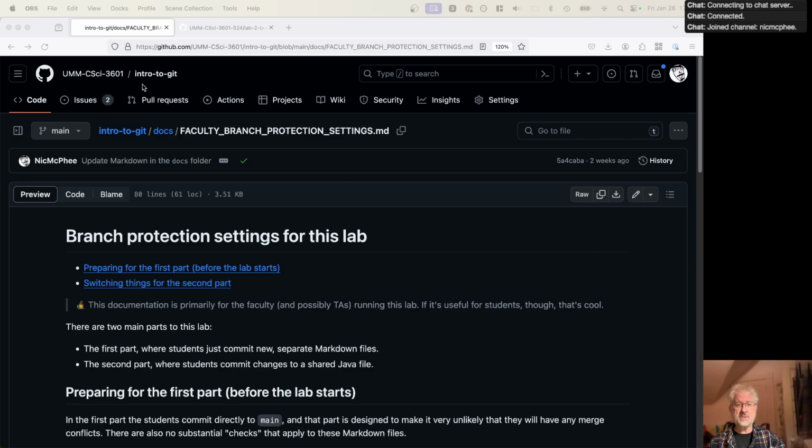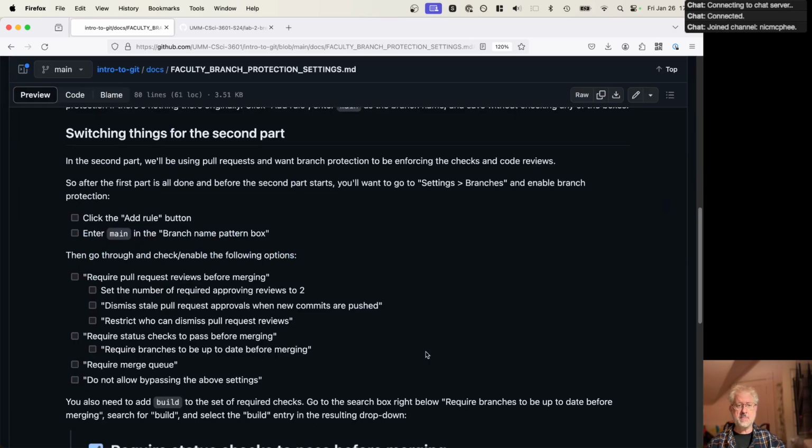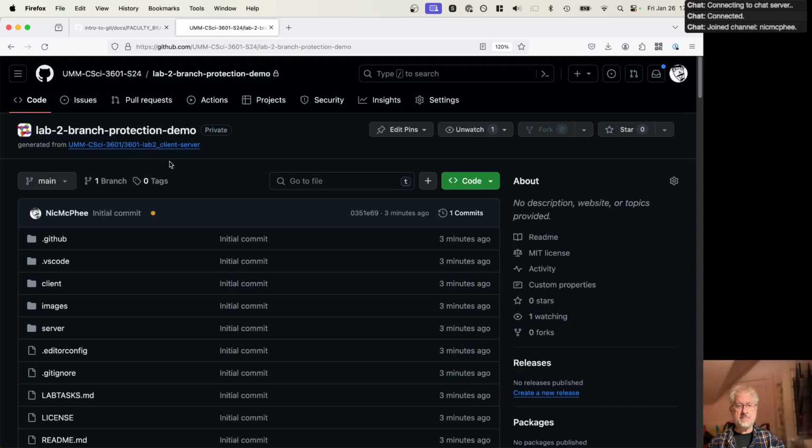So this is the intro to GitLab from the beginning of the semester, and there is a file in the docs folder called faculty branch protection settings that explains what to do. You can ignore the first part because that's not what we're worried about here. It's the second part that describes what we have to do. I've created a copy of Lab 2 just for this purpose. I'm going to walk through that and do all of the things that it says to do so that we understand what's going on. So, first thing we have to do is go to settings